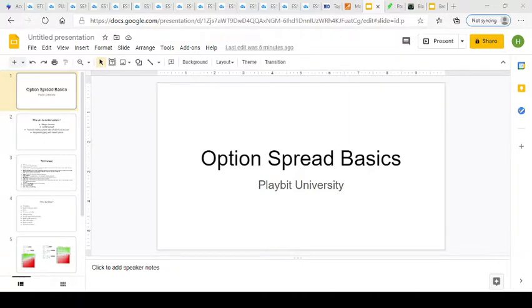Okay, so today we're going to go over the basics of spread options, some terminology that we use more in spreads than in normal options. We went over the terminology in normal options, so they're going to be similar. So I'm not going to re-go over some of the terminology we already went over. I'm just going to go more in depth on the ones that I use specifically in spreads. So we're going to start with that, and then I'm going to show you how to set it up,